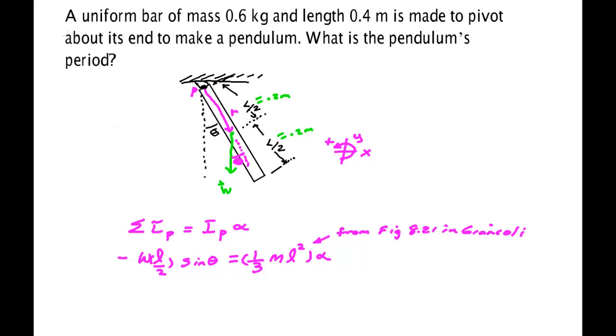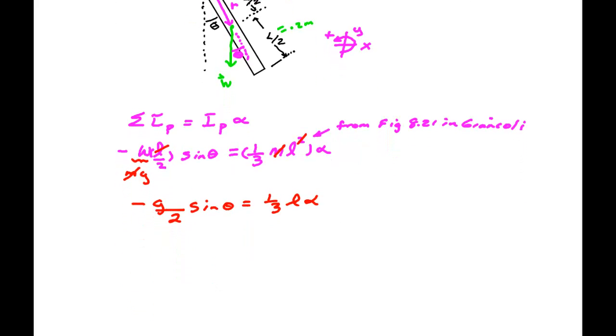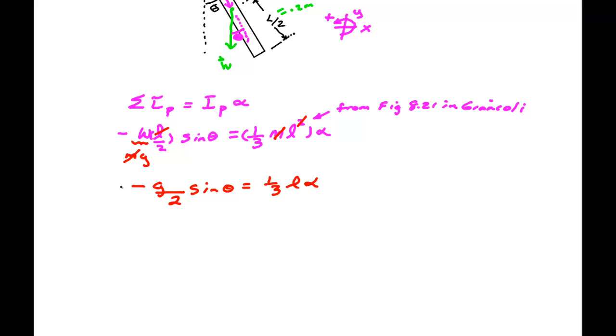Now, looking at this, we can do some things. We immediately see that we can cancel the m's because this is just mg. We can cancel one of the L's, and so we get minus g over 2 sine theta is equal to 1/3 L times alpha. Now, remind you that the harmonic oscillator needs to have an acceleration equal to minus something, which is a positive constant, times the displacement. So it needs to be in terms of theta. I'm going to rearrange this equation a little bit. Alpha is equal to, there's the minus sign, I've got a 3 which I'll bring up, 3g over 2L